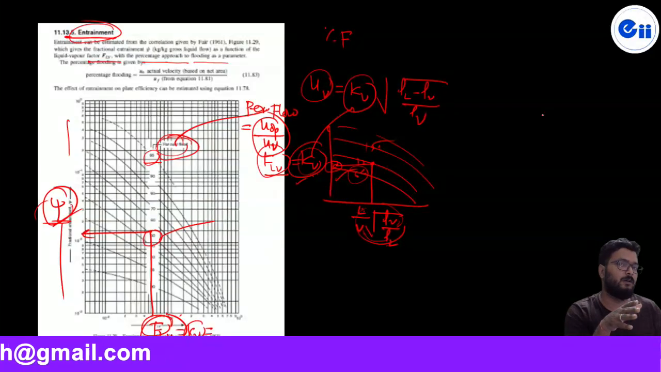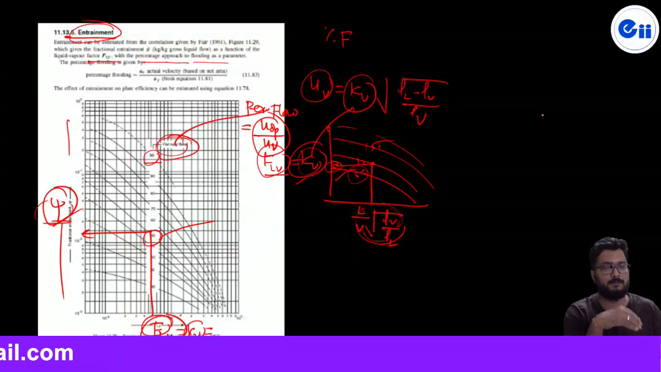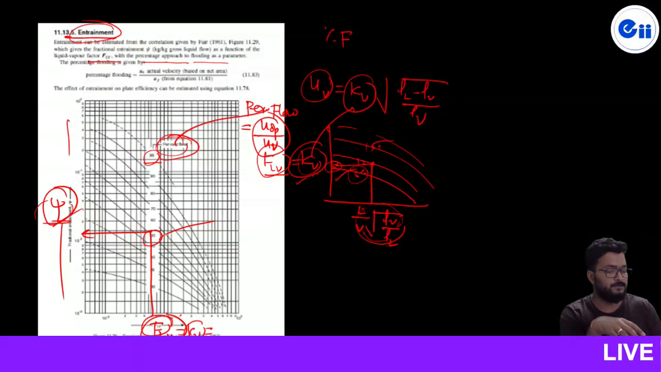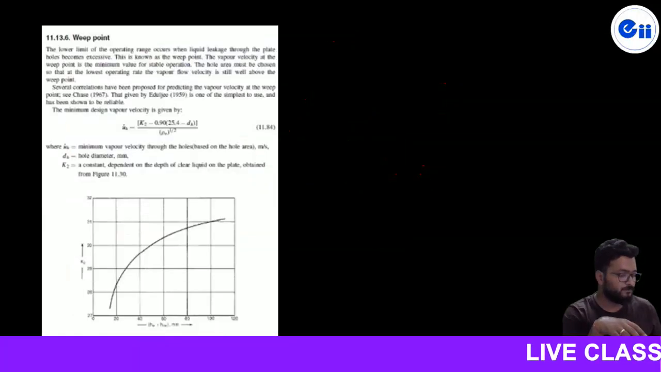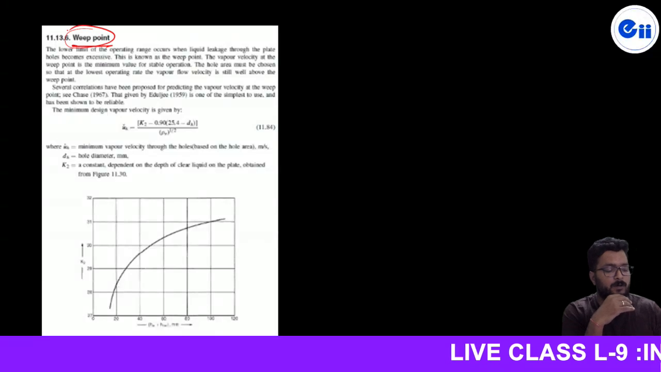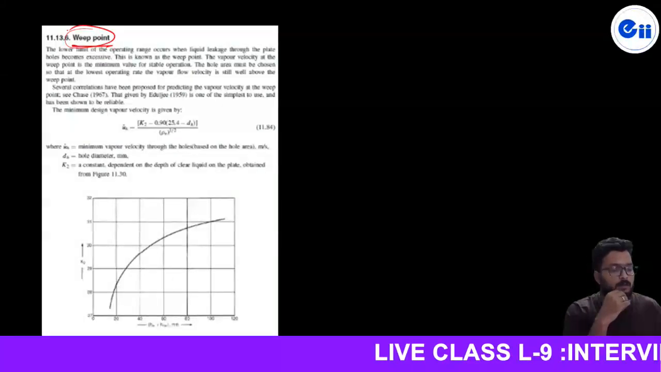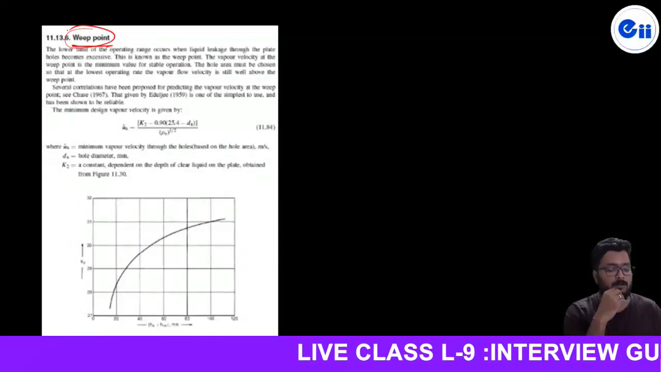Percentage flood is the ratio of actual velocity to the maximum velocity, and actual velocity is operating velocity and the maximum velocity is the flooding velocity. Okay, by knowing this we can calculate here. Okay, now then also a very important point is the weep point. The lower limit of the operating range occurs, means